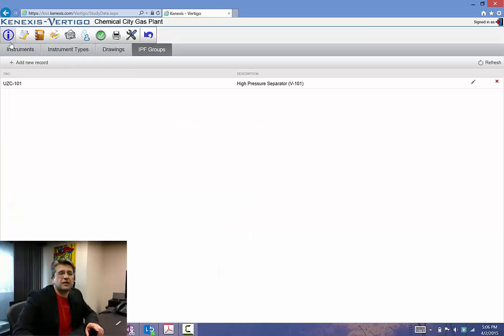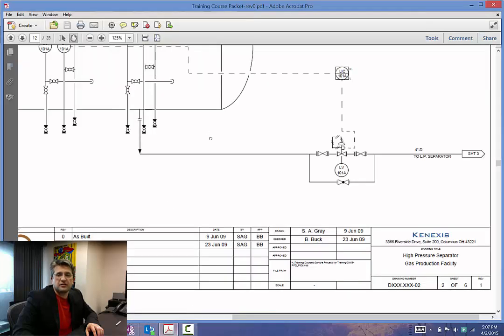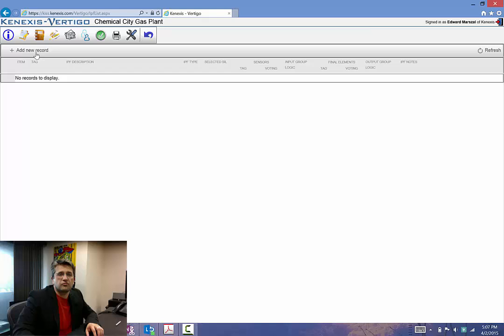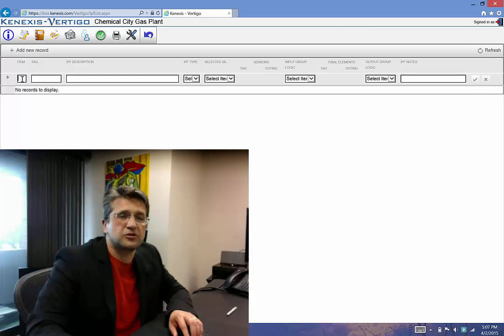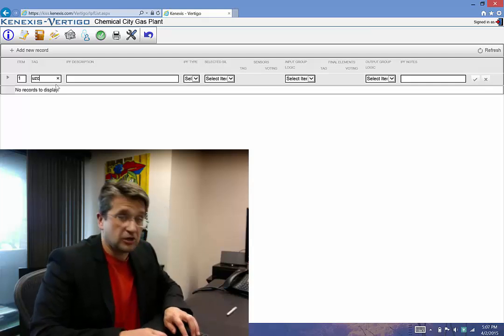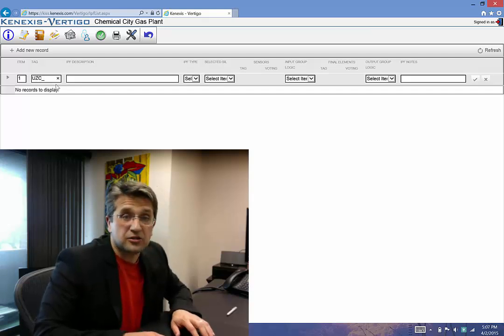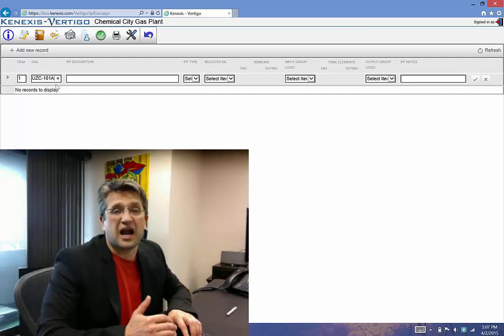Okay, now that I've done that, let me go back to the IPF list and start putting together our IPF. If you remember, the safety function that we're defining is high pressure at the separator closes the inlet valve. So when I go back into Vertigo, I'm going to create a new record to define my first safety instrumented function. I'll give it an item number. Let's say it's item 1. I will give it a tag name, UZC-101, and then this is the first safety function in that IPF group, so I'll call it